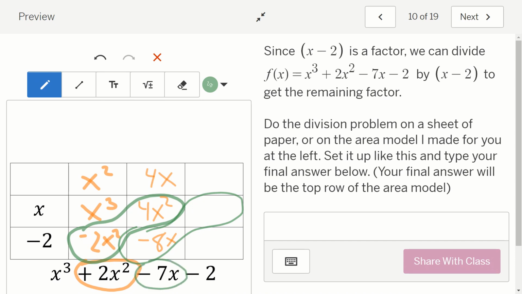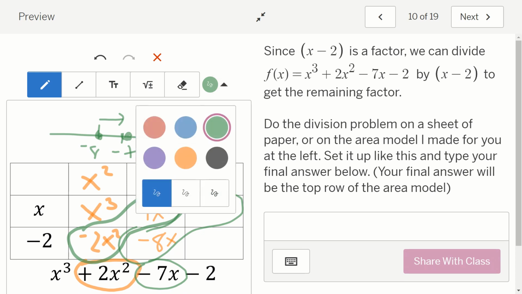I need a negative 7. I'm at a negative 8. So here's negative 8, here's negative 7. This is what I've got. This is where I want to go. I need to go 1 to the right. Therefore, this would be